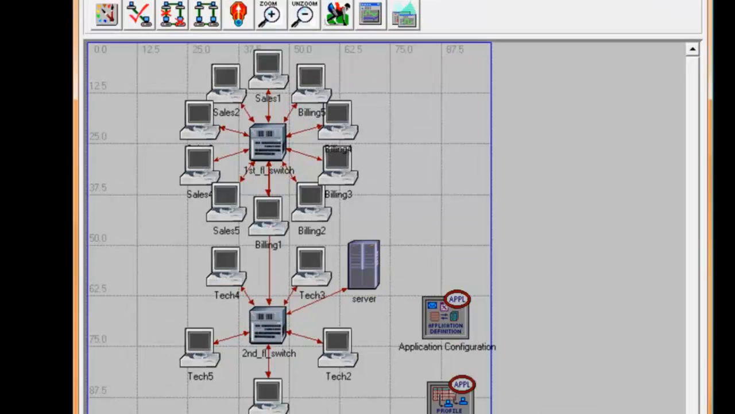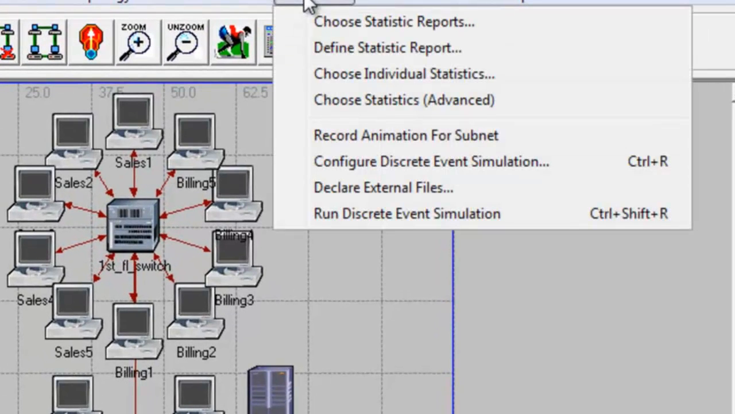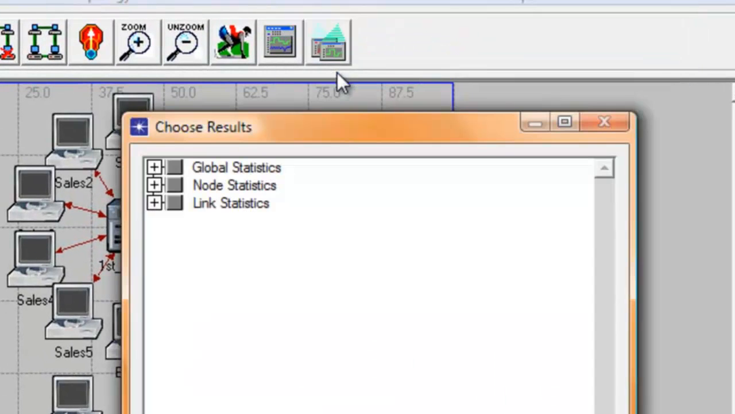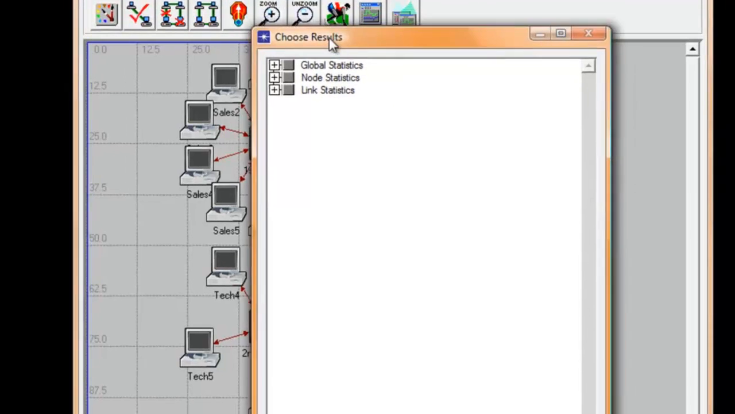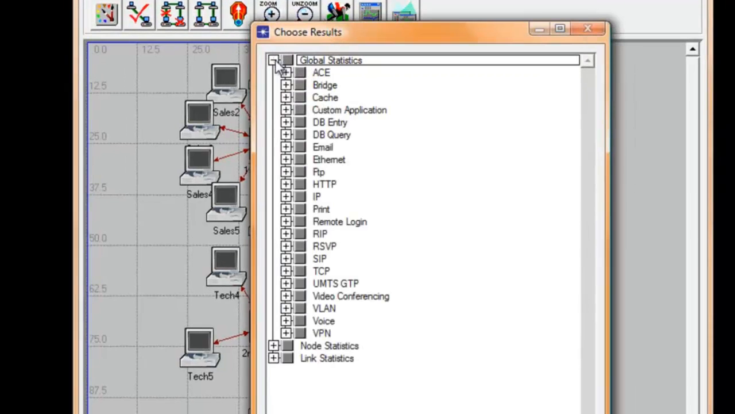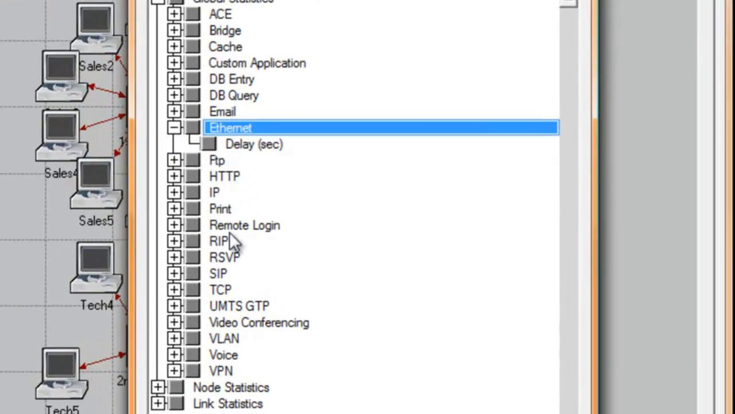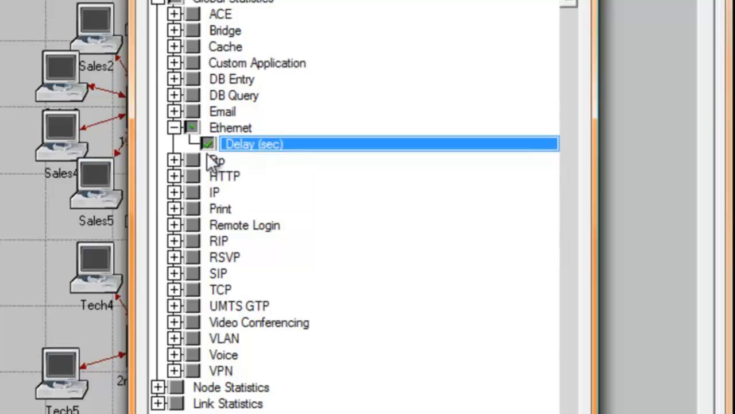Okay, so let's go ahead and choose our statistics. On the top bar menu, click Simulation and select Choose Individual Statistics. Expand the Global Statistics hierarchy and expand Ethernet, and click the delay box, where delay is the end-to-end of all